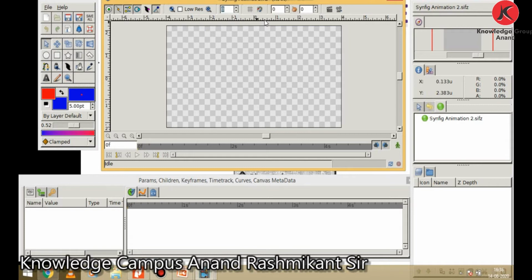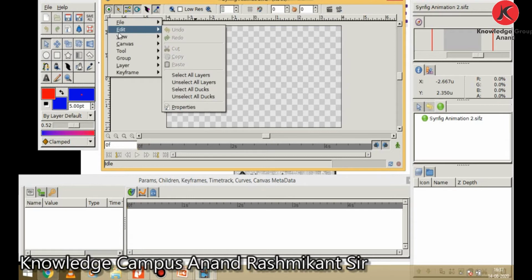Whenever we start Synfig Studio, a new canvas window appears. The area with the gray checkerboard pattern is the working area in which you can create elements or layers and manipulate them. In the upper left corner of the canvas window, you can see a caret, a little black triangle. Clicking on this button, the canvas window menu will pop up, which allows access to most of the Synfig features.